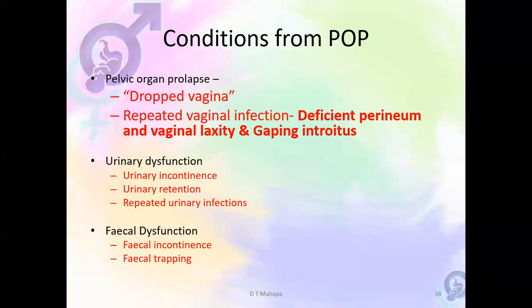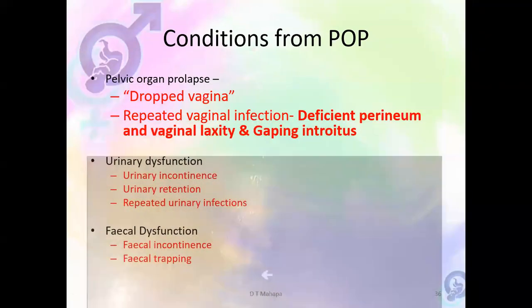Let's explain it here. If you've got a perineal body here, and there's a tear downwards, and the tear goes towards the anus, there's a proximity of the anus towards the vaginal opening. Because of the lack of that sphincter effect of the perineal body, the opening is always lax. So sweat and feces will go easily in here. Then the patient will present with repeated vaginal infection.